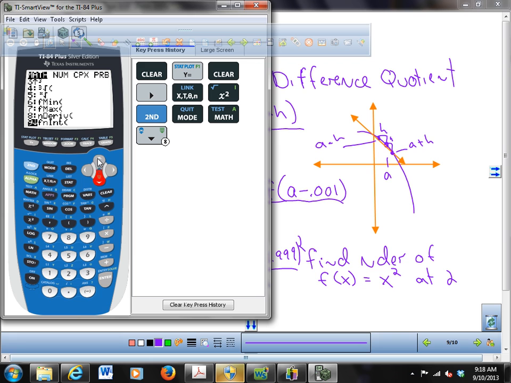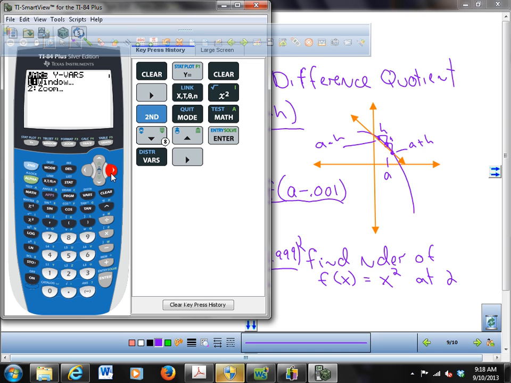Numerical derivative. So you go to nDeriv, and you hit that, and then you got to plug in the function. You can either directly plug in x squared, or you can plug in y1. So I'm going to do it that way. Vars, Y-Vars, you've done this before, right? Function y1, and then I have to go comma, and then I have to go x. So that means the derivative with respect to x at 1, or at 2, I was going to find it,